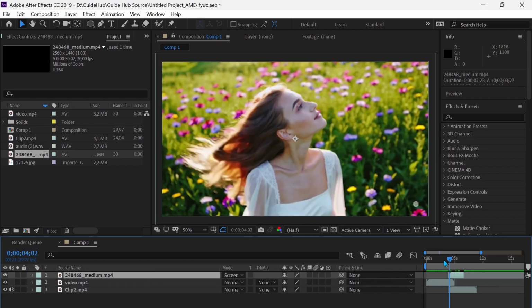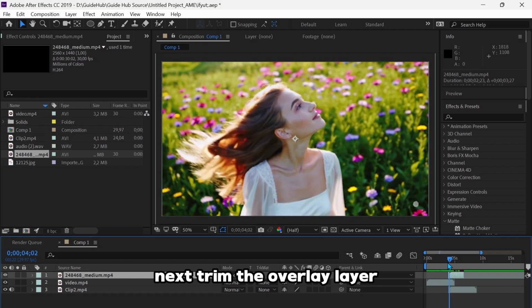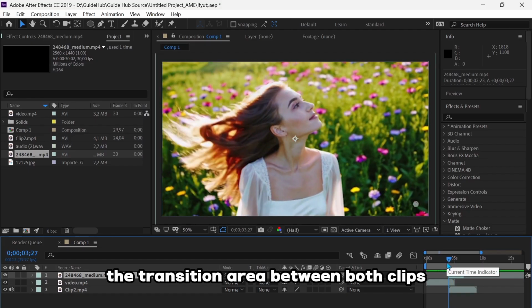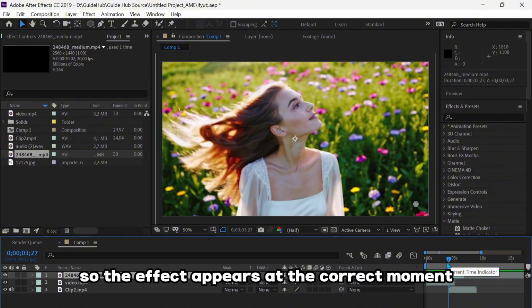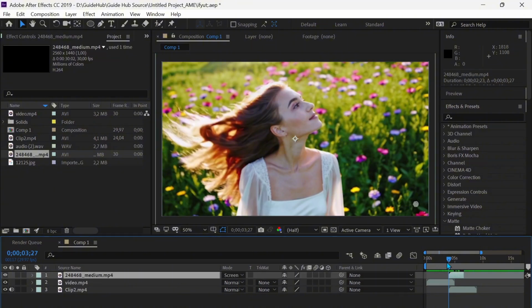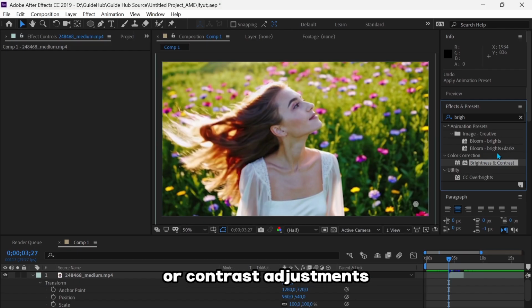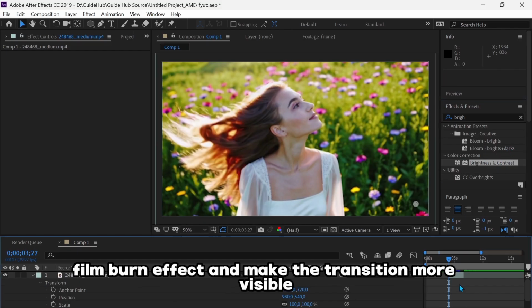with the footage. Next, trim the overlay layer so it only covers the transition area between both clips. Adjust the in and out points so the effect appears at the correct moment. If needed, add brightness or contrast adjustments to enhance the intensity of the film burn effect and make the transition